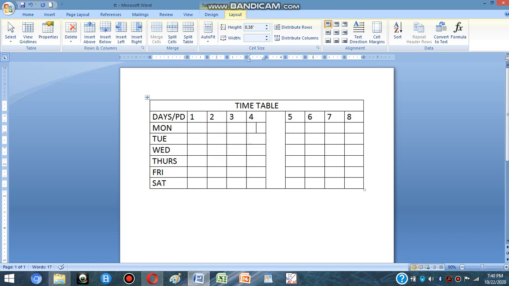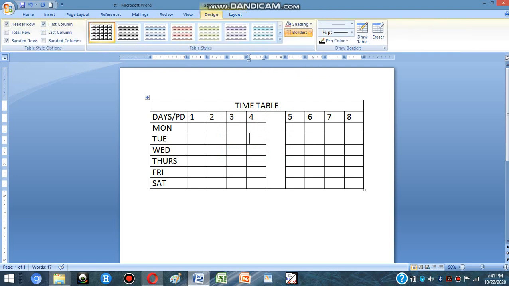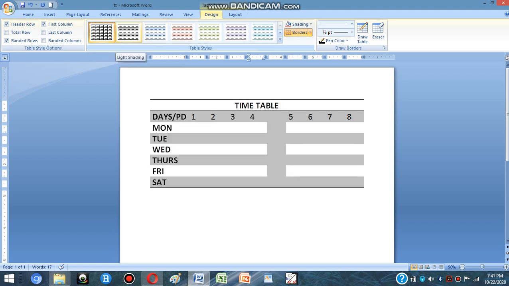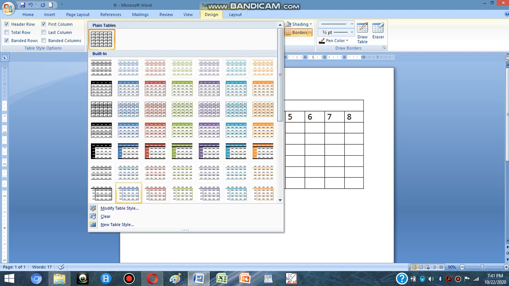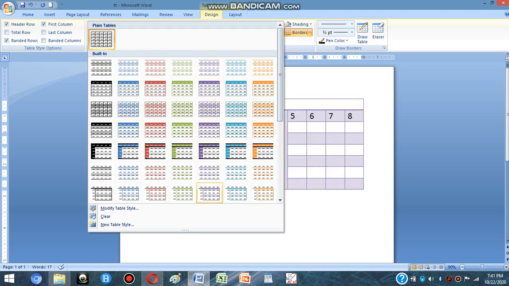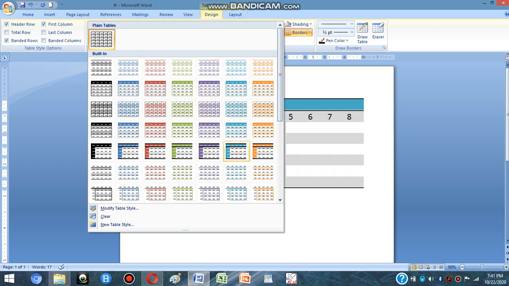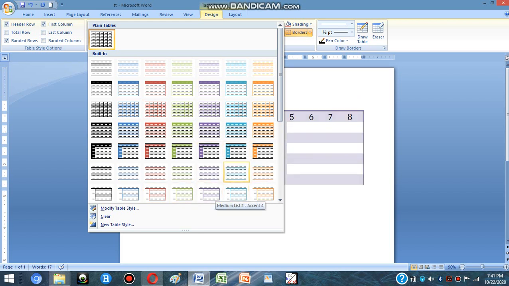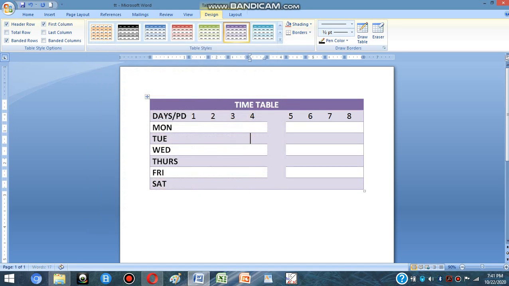Now table styles. Tables in MS Word can be styled using several choices available. And we can do this from Design tab. In Design tab, we can change the border. You can see when I am taking my cursor to different table styles, the table is appearing in different styles. And there are many styles present here and we can select any of them to make our table in a stylish form. For example, I am taking this. So this is table style.